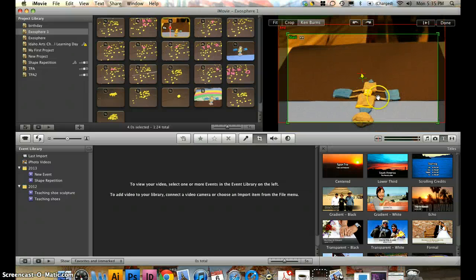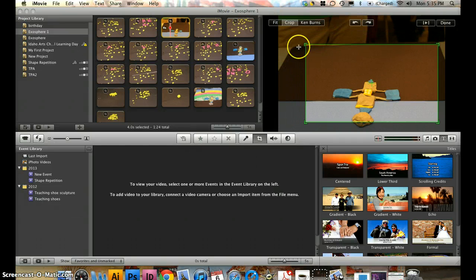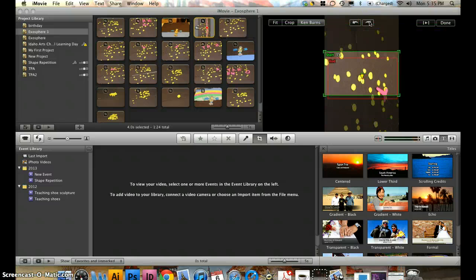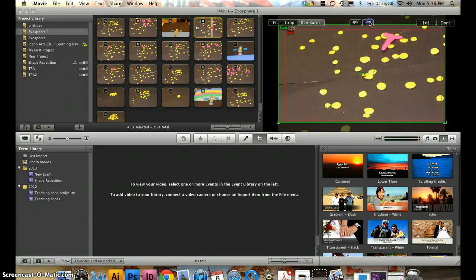But say you run into this guy where you don't want this person's pants in the photo. So you can click Crop and adjust this square to where you want the photo to be. Also, at the top here, you have an arrow left, arrow right, and those are your rotate arrows. So say your photo was the wrong direction, just rotate it to where it needs to be. Also click Fit, so you just have the photo, no zooming in and out,